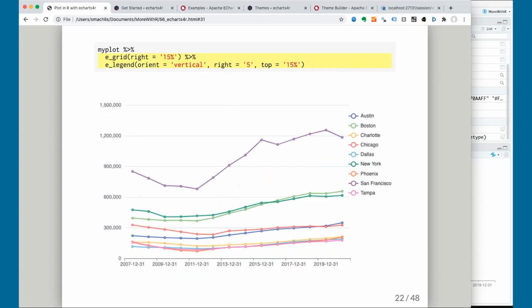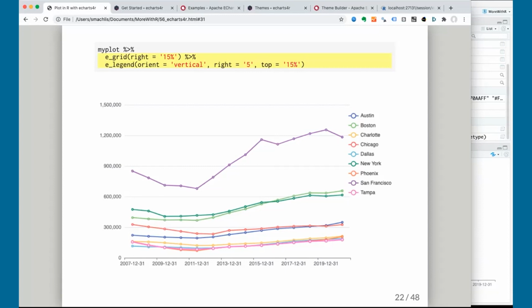That legend at the top of the graph wasn't very helpful, though. If I wanted to find Tampa, I can mouse over it, but it's kind of hard to see with the other lines right near it. Even moving it to the side, it's still difficult, but let's take a look at how I did that.